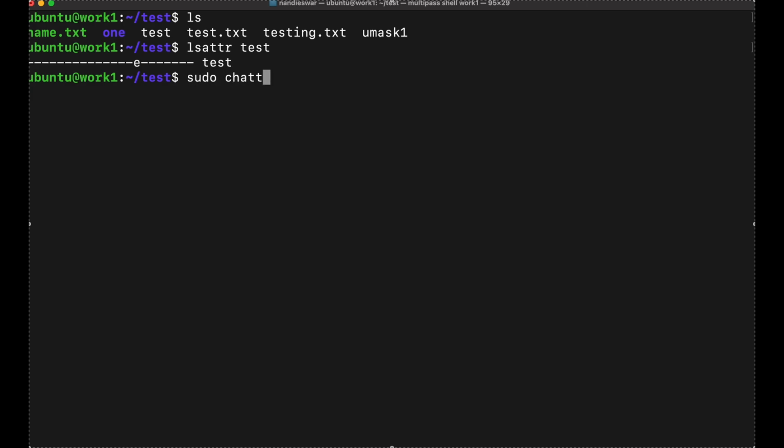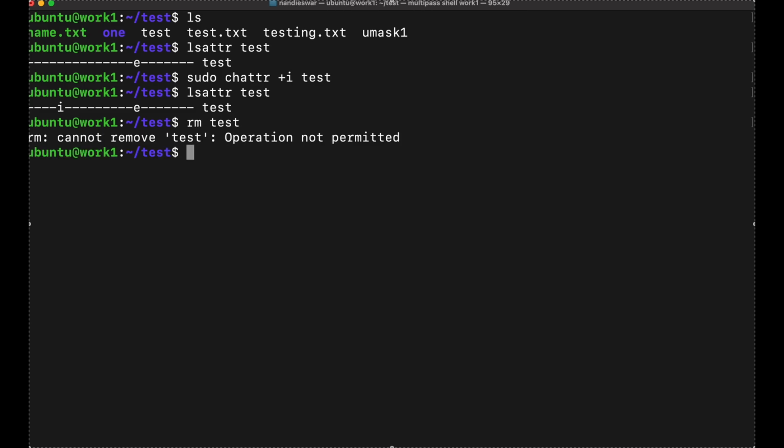sudo chattr plus i and test, and check it once again with ls to see the i attribute added. If you want to delete the file, rm test, it can't be removed. Why? It's an immutable file. Even if you are a sudo user, the file can't be removed or deleted, until you